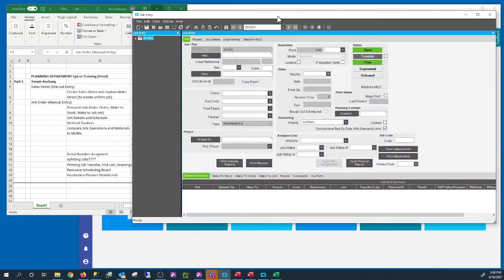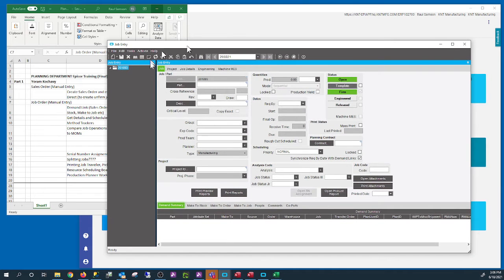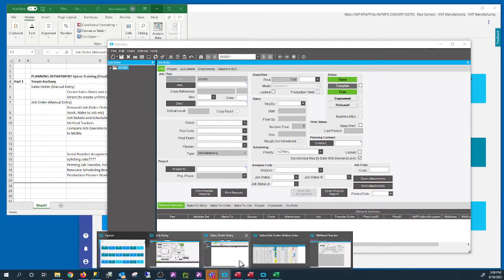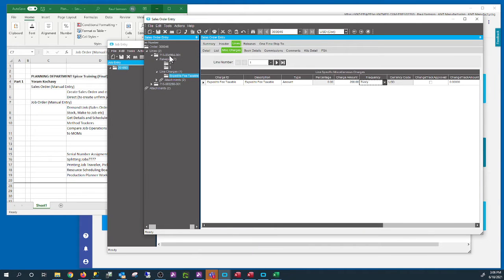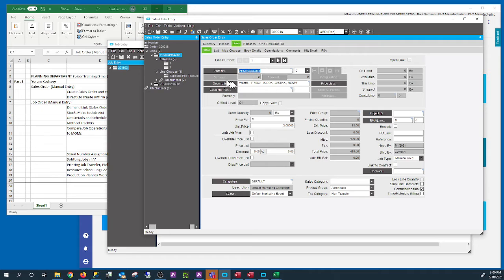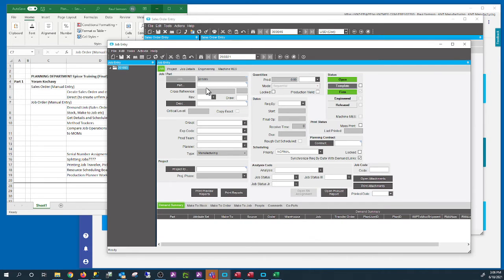And then we're going to select the part number that we want to create in this job. And the revision, is it revision 0, or is there a different revision?